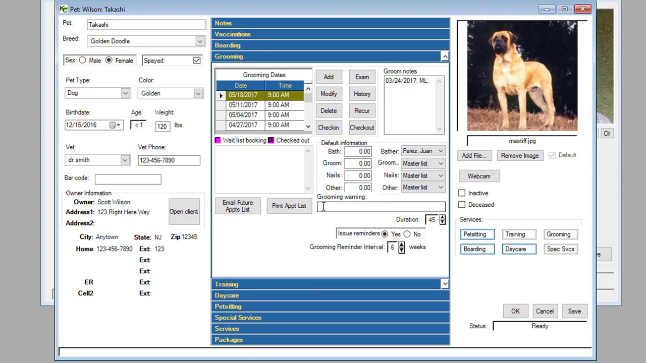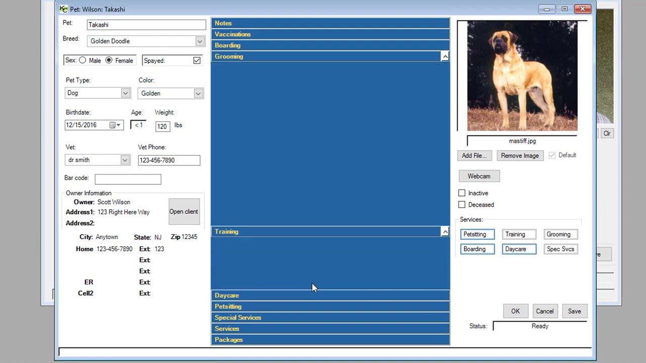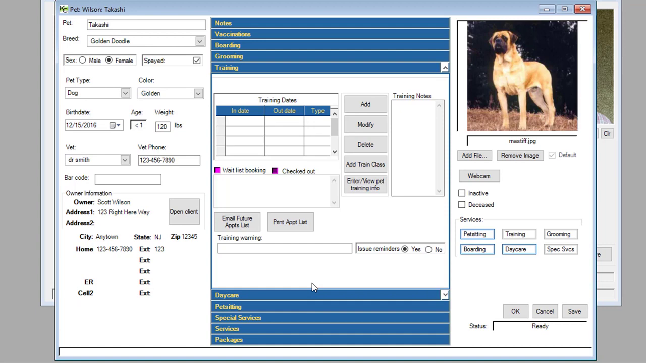And you'll notice here, as well as boarding and other sections, that we now have individual warnings for pets for each module in the system. So you can create a warning to appear only when you're creating a grooming appointment, for example, and this alert will not appear when creating a boarding, daycare, or other reservation. Then we have the training section,